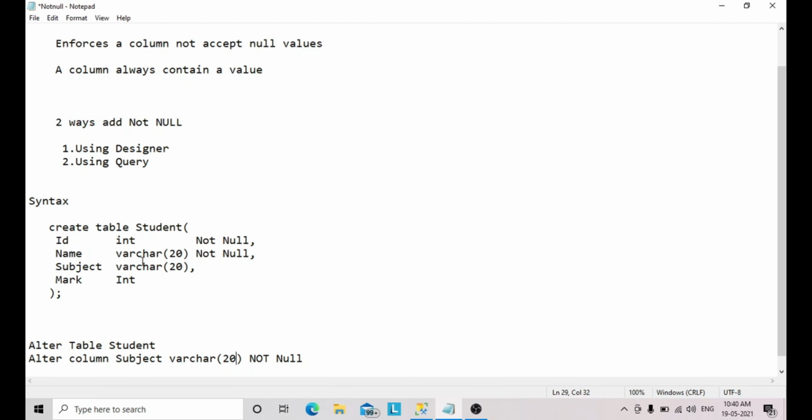Name varchar of 20, not null constraint. Subject and mark, these two columns I'm not mentioning not null constraint, so these two fields allow null values. This is the syntax for adding a not null constraint to the columns while creating the table.